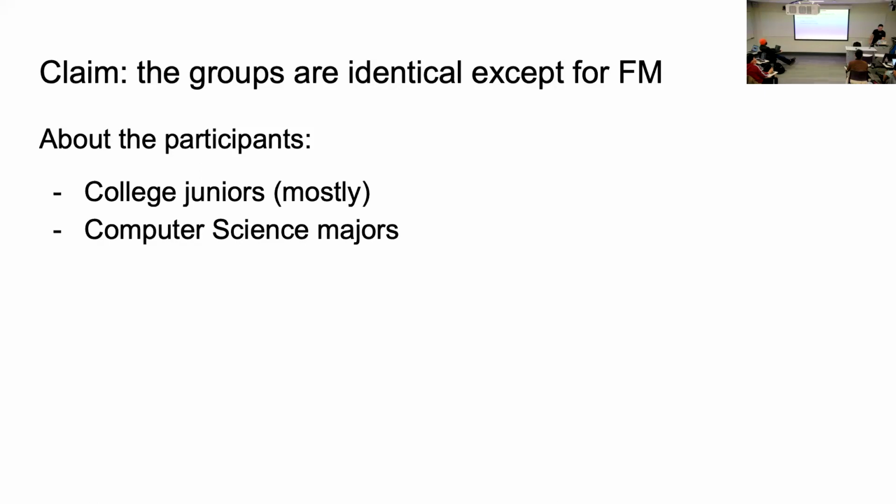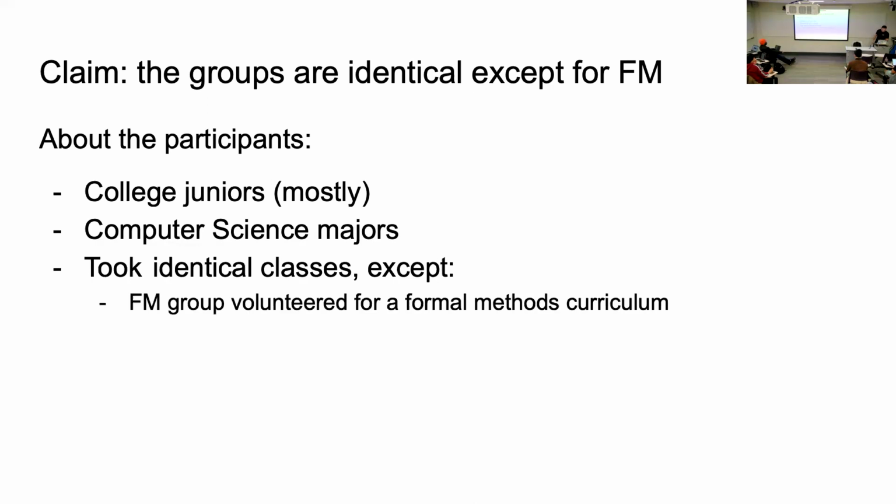Yeah, please. Okay, so there's a little bit about the participants. The participants were all college students. Most of them were juniors. They're all computer science majors. And they took identical classes except for two classes. Basically, what I should really say is there were two curriculums. There's the main computer science curriculum, and there's the formal methods computer science curriculum. And students